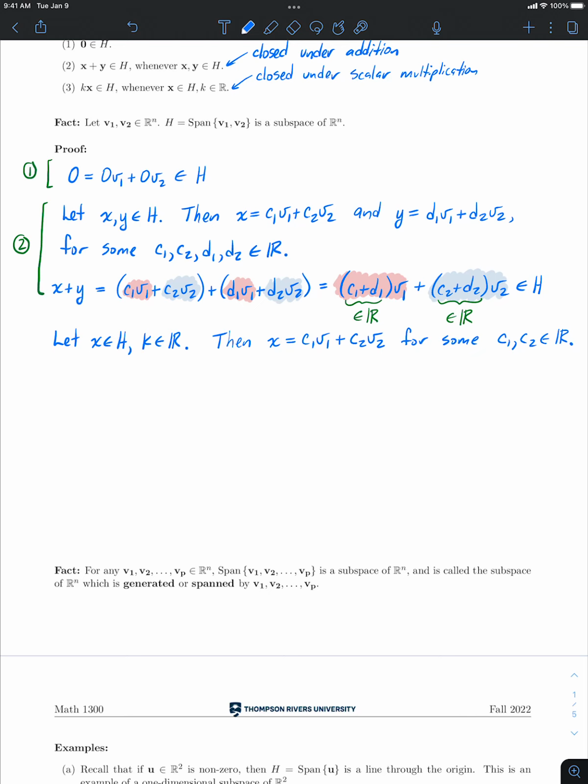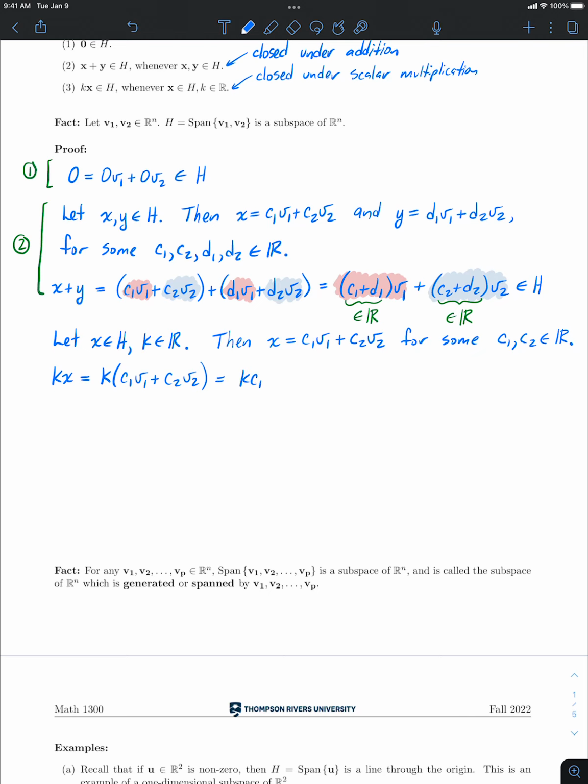Okay, so now we're going to multiply the vector x by the scalar k. And then cross our fingers and hope that once we're done, we'll be able to show that the result belongs to H. Well, how is that going to go? There's only one thing you could do at this point, right? We've got k and we're multiplying it by x. Let's replace x with our linear combination over here. So we've got k times C1 V1 plus C2 V2. Well, we've got two terms that we're multiplying by the scalar k. One of the properties of scalar multiplication is that it distributes into vector addition. So this is going to give us